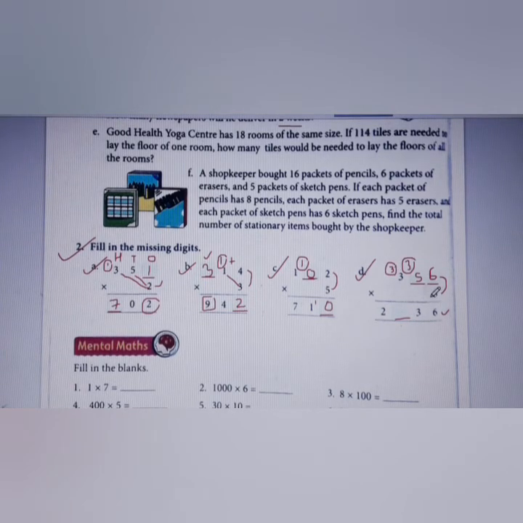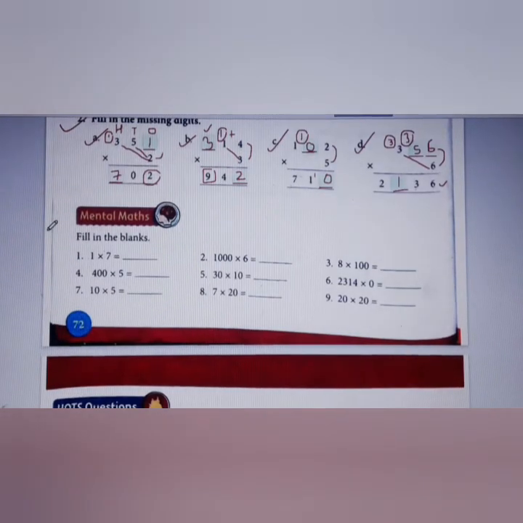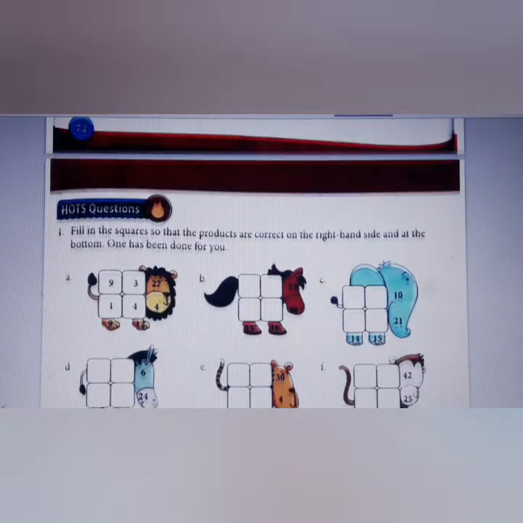Now let's multiply 6 with 3. 6 3s are 18 and 18 plus 3 is what? 19, 20, 21, right? So 1 comes in hundreds place and 2 will be in your thousands place. So this is how, children, you have to think over it. Okay? So next, mental maths, children. You can do this yourself. Let's see the next one.